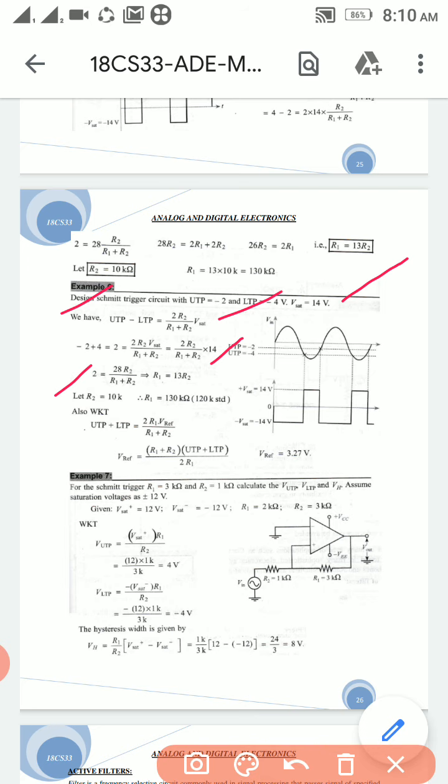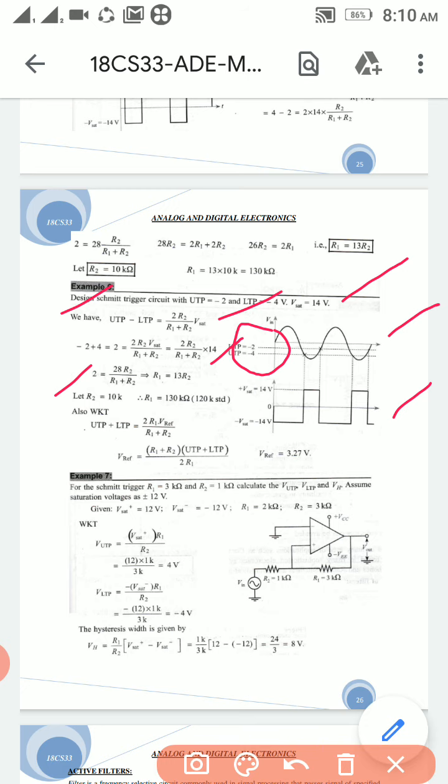Okay. And again here in this waveform diagram, the input should be a sinusoidal waveform, with UTP and LTP. See here in this case UTP and LTP should be minus 2 and minus 4. For that reason it is shown in the negative direction, and so the output should also be shown in the negative direction, minus 14 to plus 14. Okay, this is what exactly it looks like. But also we know that UTP plus LTP, this we should skip. This is not required because here the given things are this one and the formula is this one.